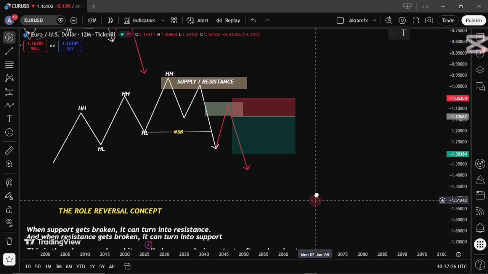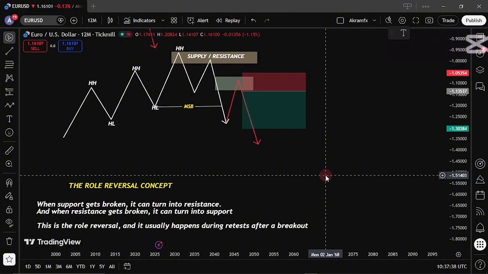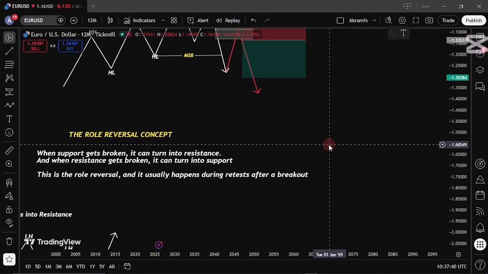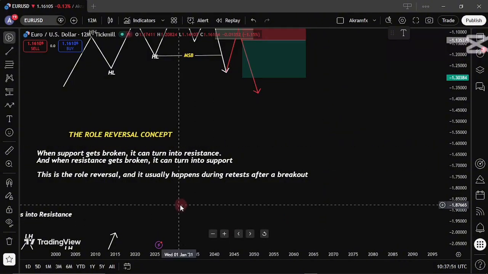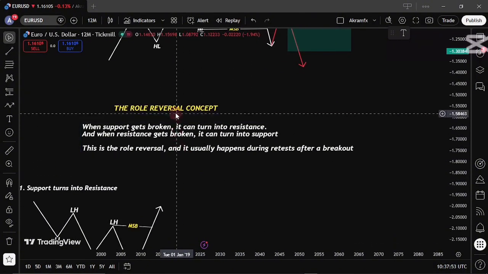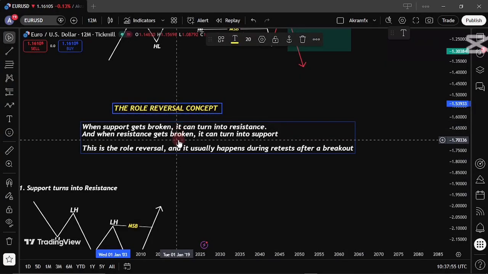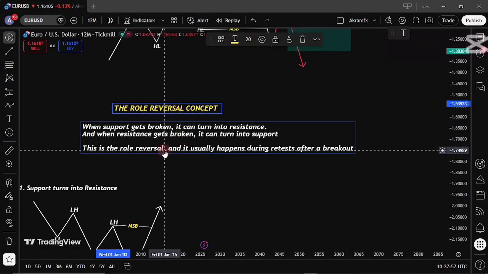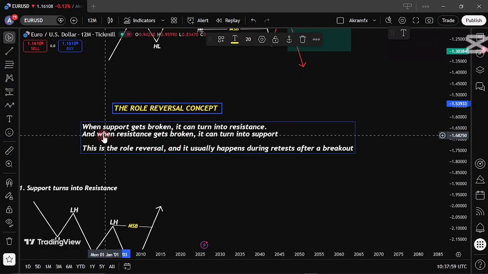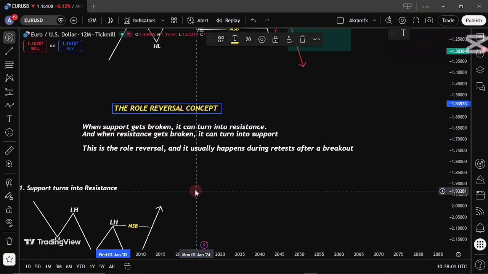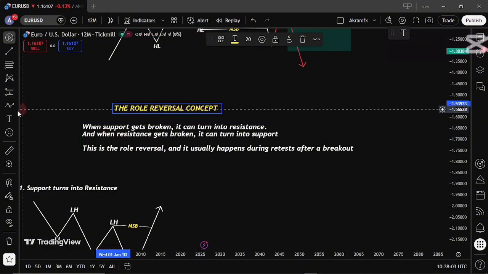And then we have another scenario. This is the concept called the low reversal concept. And this is one of the most important concepts. Let me first explain it. The low reversal concept: when support gets broken, for example,